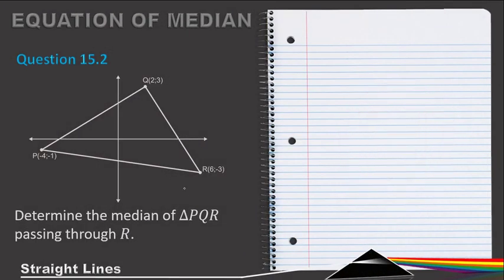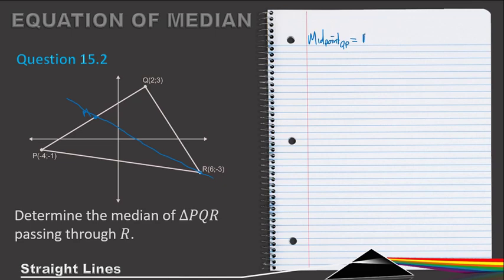Then determine the median of triangle PQR passing through R. Now this point, and we need to find the midpoint of this line. And then we need to find the line that goes through these 2 points. Let's start with the midpoint. Midpoint of line QP